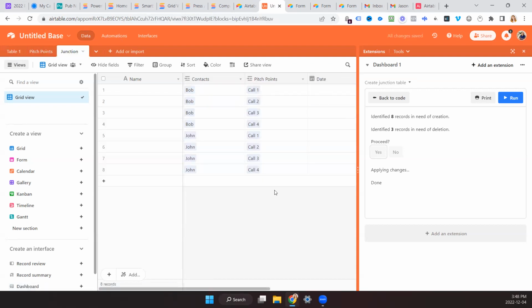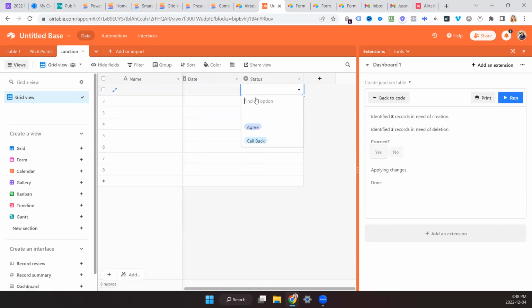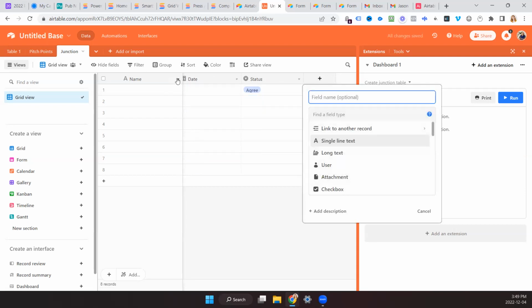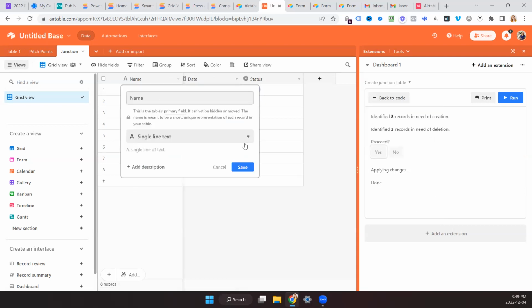So in junction, now we can actually look up the person so that if, let's say, agree. So basically we can make it so that if they've agreed at call 1, remove call 2, 3, 4.